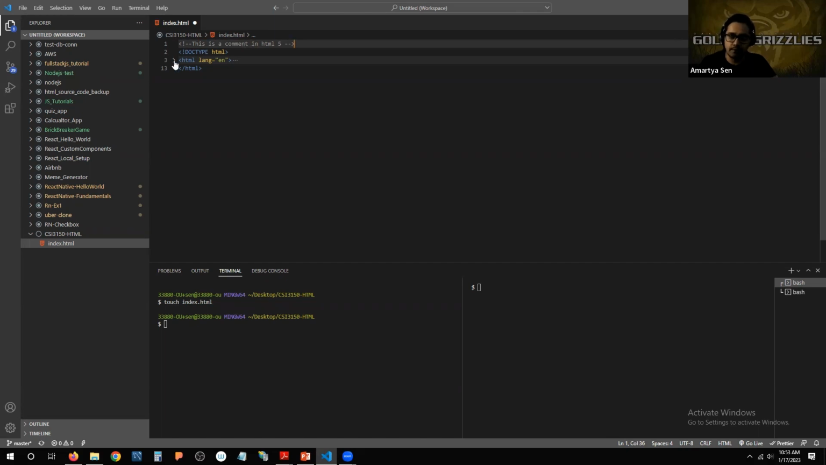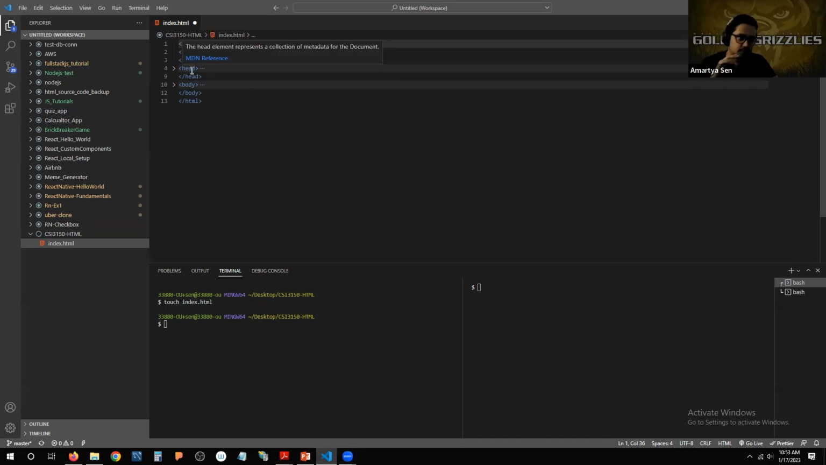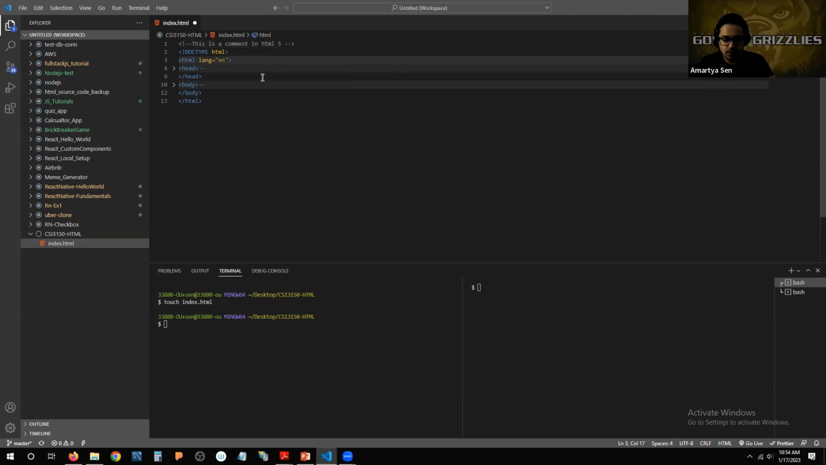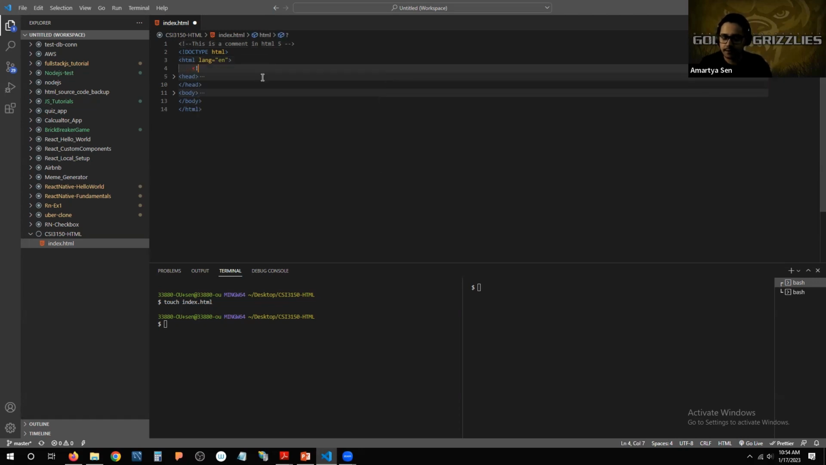So if we maximize a little on the HTML tag, and then minimize the components that are there, you can see that the HTML tag, which is the starting point of any HTML5 document, has two important pieces, right? Two important tags. The first one is known as head, and the second is known as the body. Head, we can say that is something. So the head tag